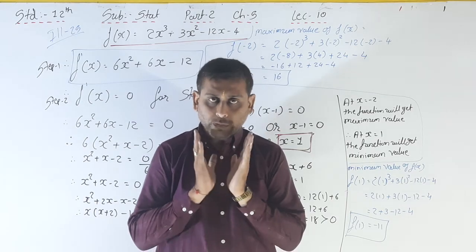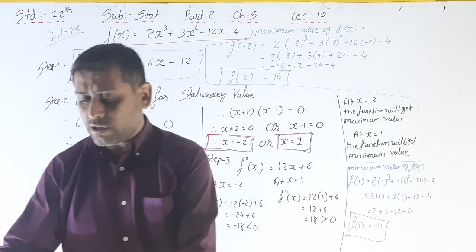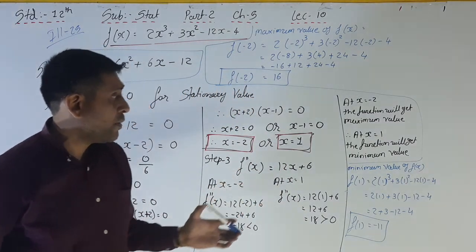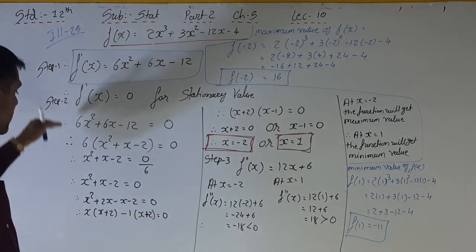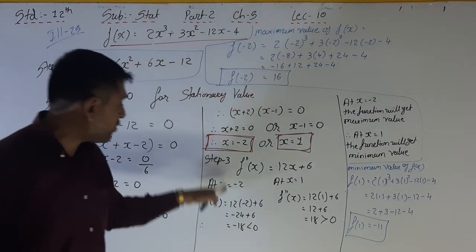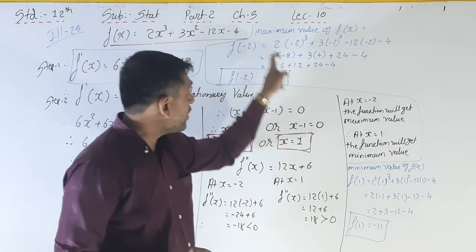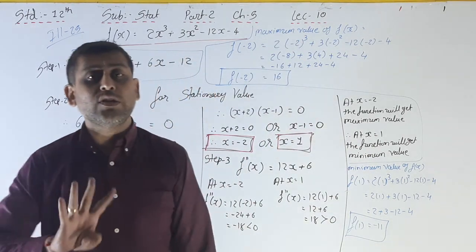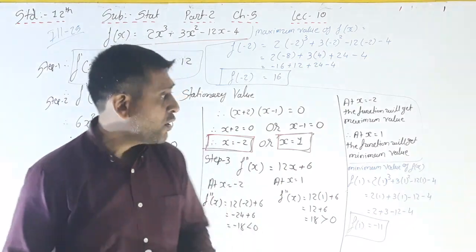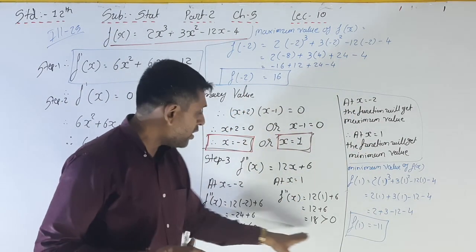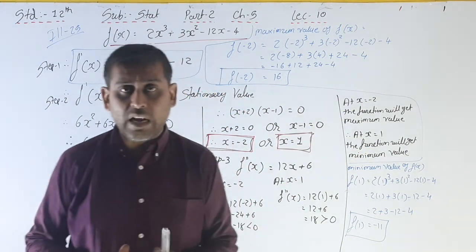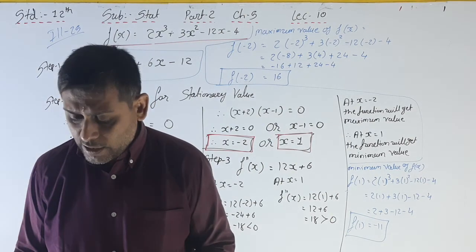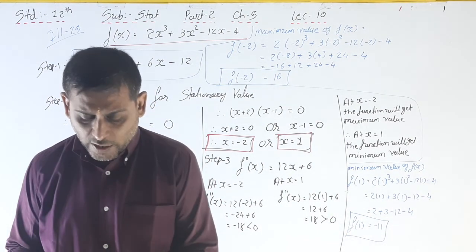Please keep in mind this sum, and write down this sum in your fair book. First step, second step, third step, then this one is your fourth step: finding the maximum value and minimum value. You have to write these under these. Please write down these. Illustration number 25 is now over.